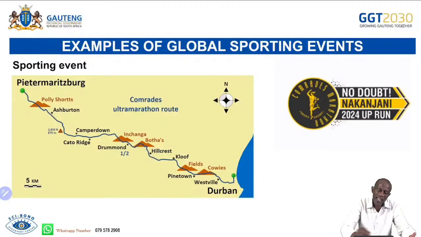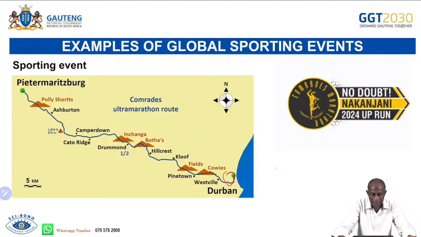So the map here indicates the route of the race, that is from Pietermaritzburg and ends in Durban. This is the start and this is the finish line. So the map just demonstrates the stretch or the route through the marathon, and the smaller cities between Durban and Pietermaritzburg where